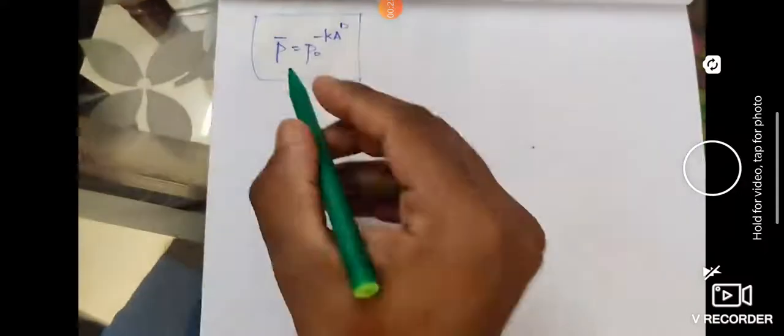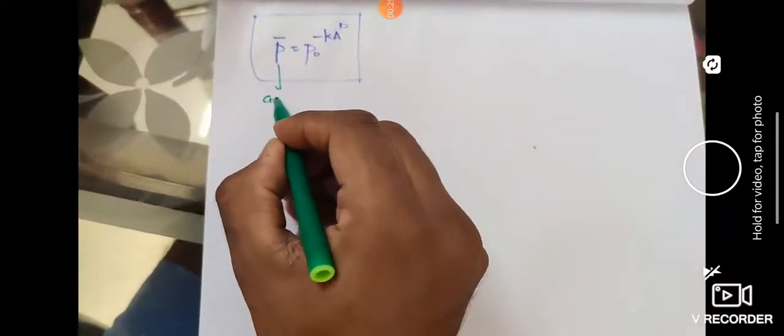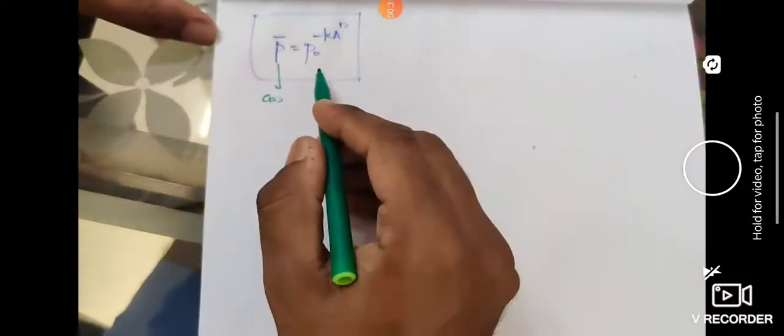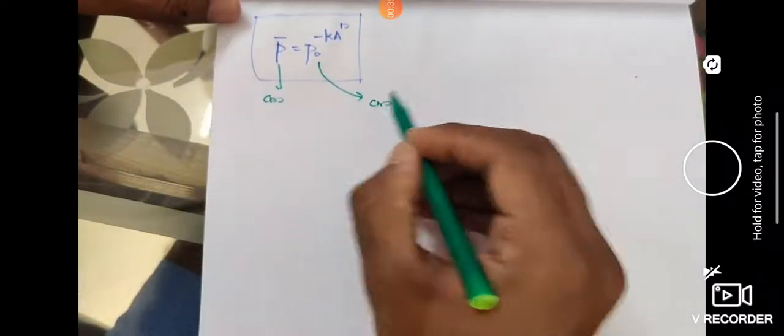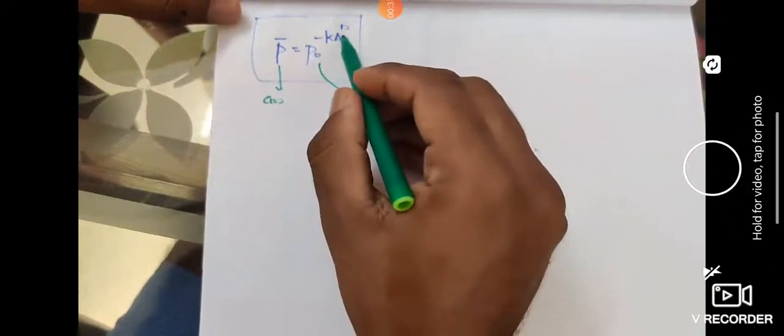So P dash is the average rainfall in centimeters. So you will be getting the depth of rainfall in centimeters, and P naught is the maximum rainfall in the area considered, that too in centimeters, and K and N are constants, and A is the catchment area in square kilometers. So that's how you have to use it for the numerical of DAD.